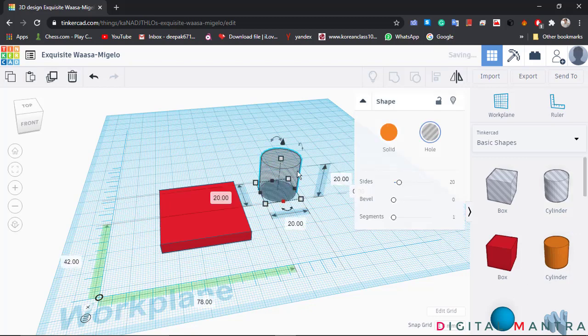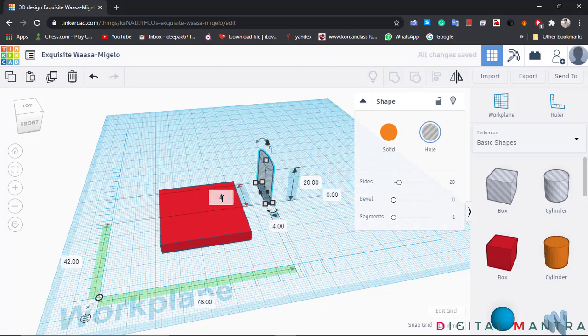You can give anything, like I will give 4 and 4, or let's make it 6, otherwise it will be very small. And make the height 10 mm.